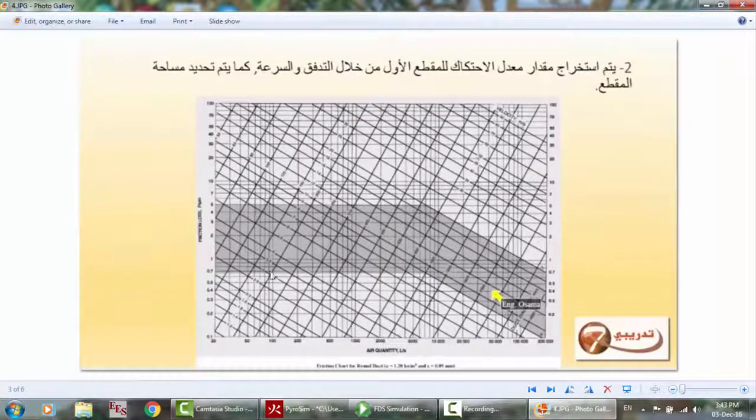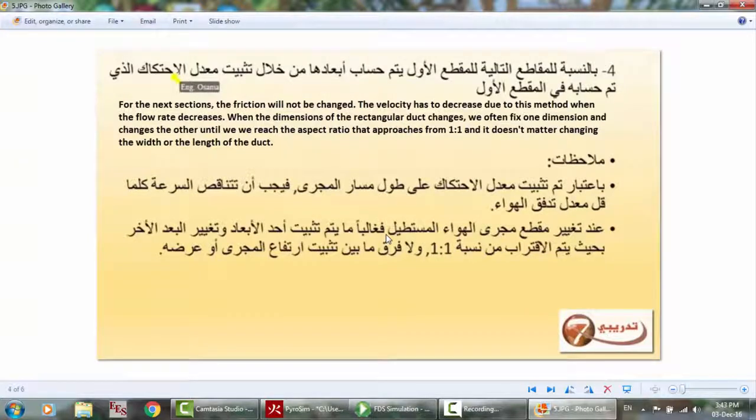So to sum up, you have air quantity and an initial velocity according to your location or your application. Then you get the friction loss that will be fixed, and we are going to use it all the time, 0.7, and then you can get the diameter. Okay, so for the next sections, the friction will not be changed, it will be fixed. So we're going to use 0.8 as friction loss,